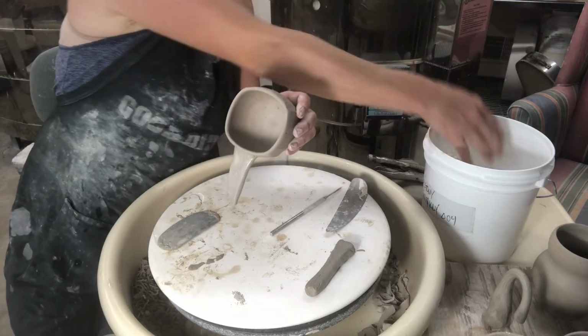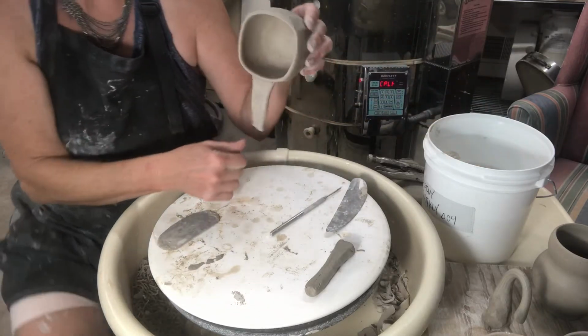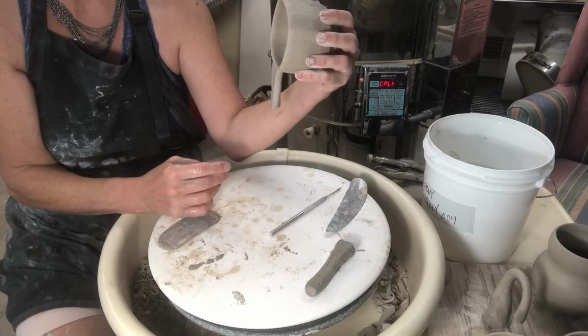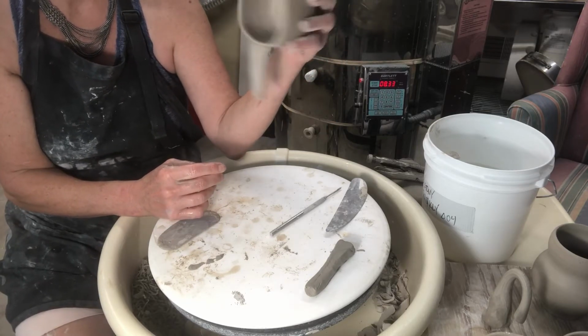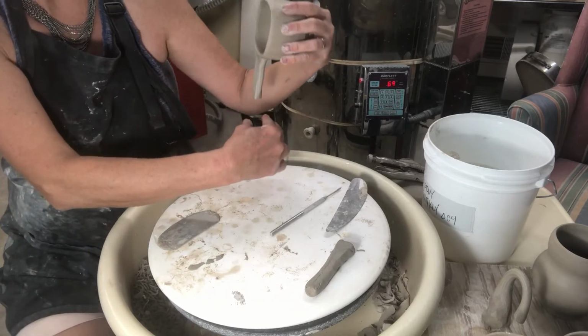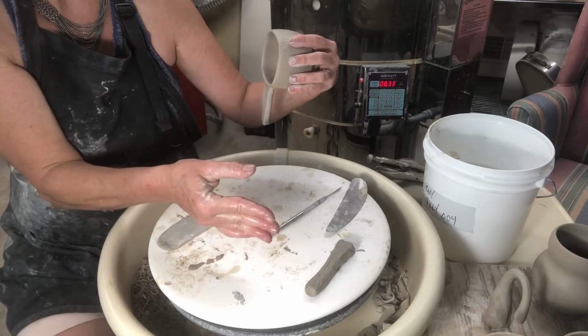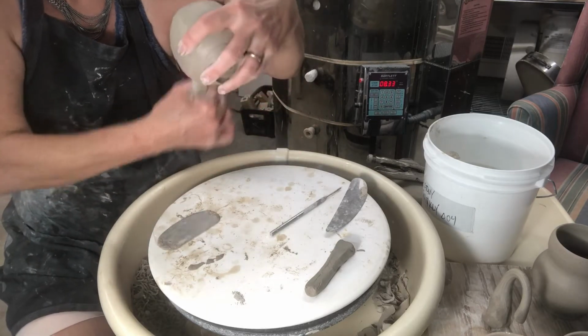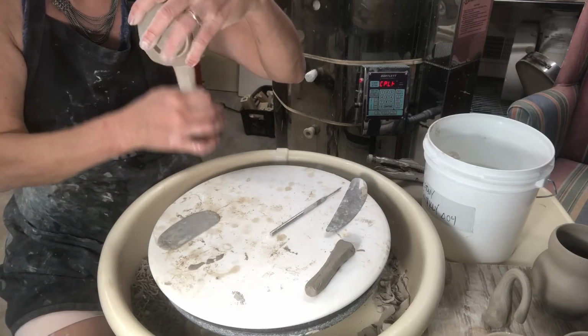Okay, so I've got lots of water here on my hands, nice and wet. And I want to make sure that I hold the cup so that it's facing straight up and down. So I'm going to do it here so you can see on the side. I'm holding my hand just flat like so, and I use the back, my thumb and my finger